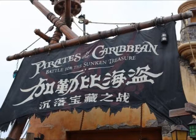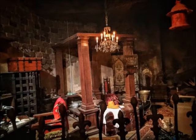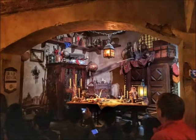So, it starts outside, and the scenery is just amazing. There's a pirate ship in the water there. It looks awesome. So, you go inside. The queue has old abandoned rooms, kind of like the Pirates of the Caribbean in America, that it's just abandoned stuff, but it's more like a dining room, kind of, it looked like on the video, as well as desks and stuff like that. So you go through that's the queue,